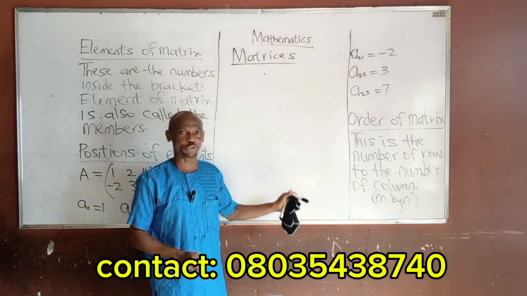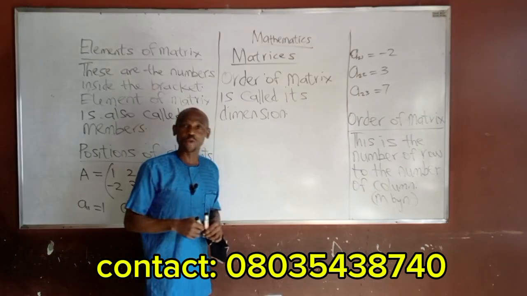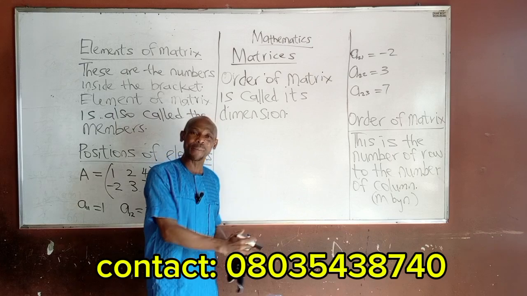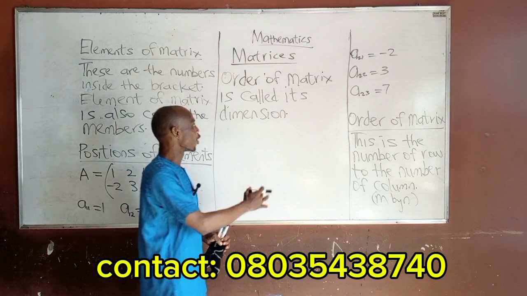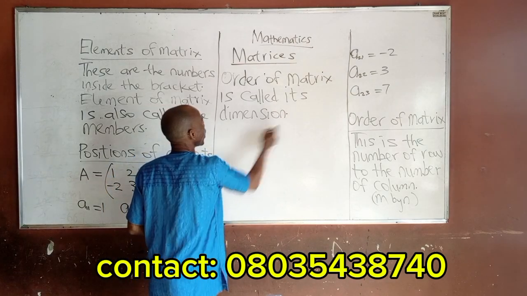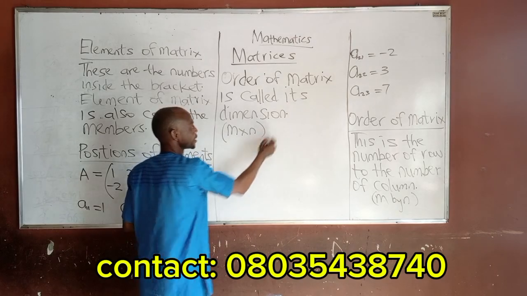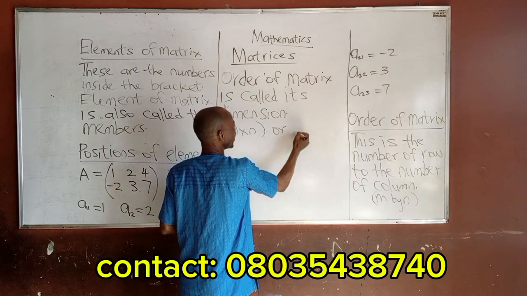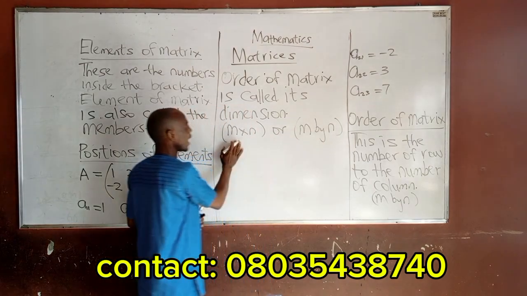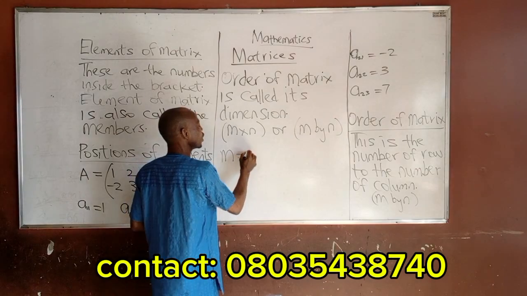The order of a matrix is also referred to as the dimension. So when you are told to give the dimension of a matrix, it is the number of rows by the number of columns. It can simply be given as M times N in brackets, or as M by N. This is how we represent the order of a matrix. Our M here is the number